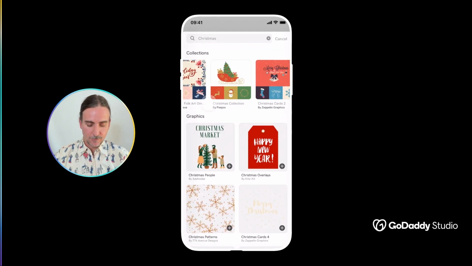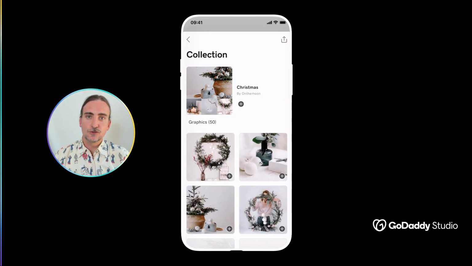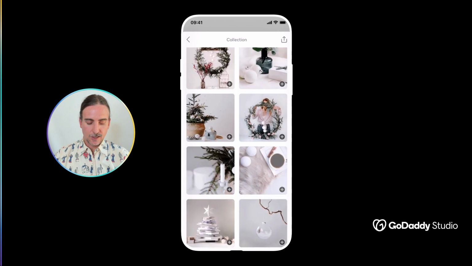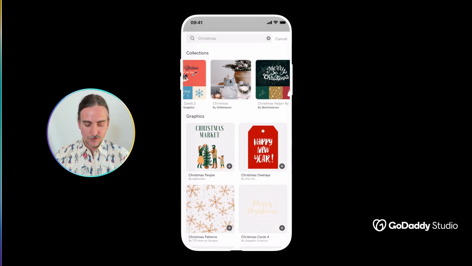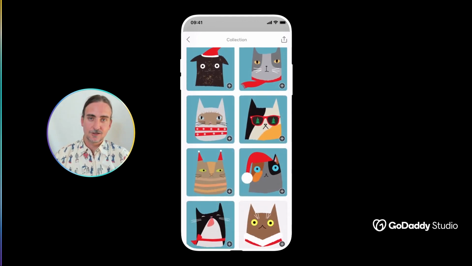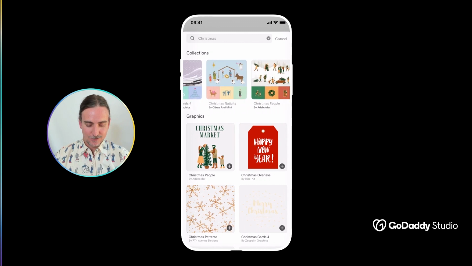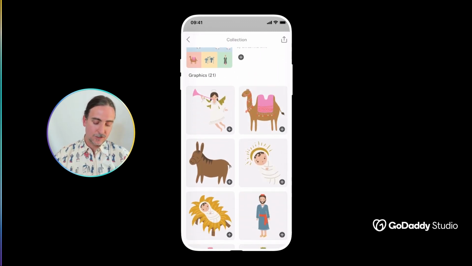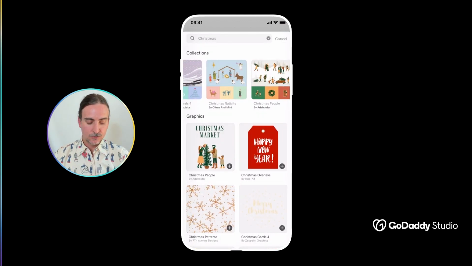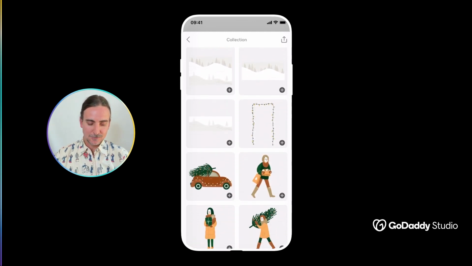We also have some photorealistic elements if you're creating a scene, something like a photo studio type of feeling. You can very easily create these scenes without even stepping into a studio. And then we have some fun things, of course, too, like Christmas cats. Everybody loves a cat in a Santa hat. And we have things like nativity scenes for a slightly more religious angle to your festive greeting. And then also just some general scenes of people doing Christmassy things.